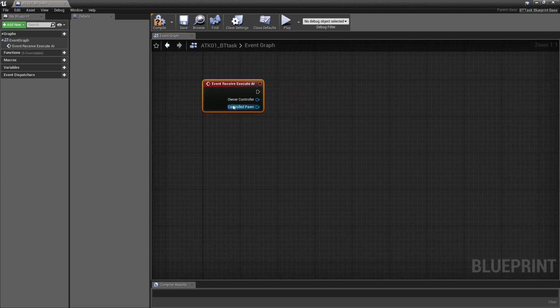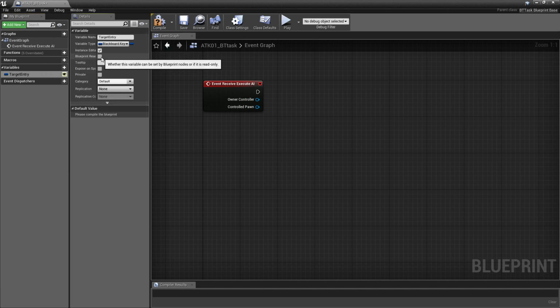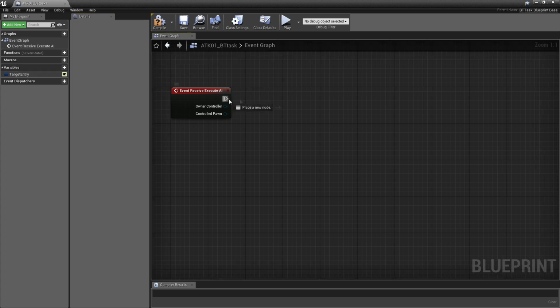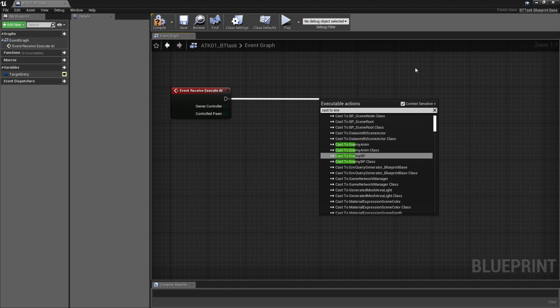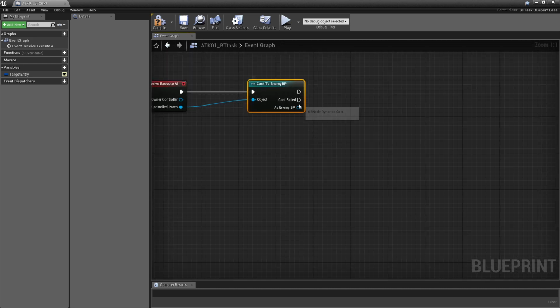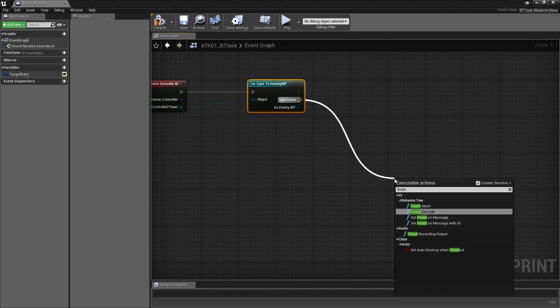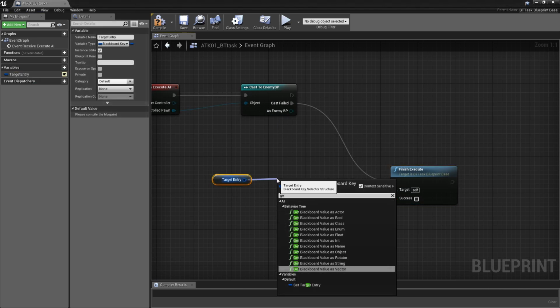can receive Execute AI, and we're going to create a variable which is going to be the target entry, and this can be a blackboard key selector. Make it editable. So from the Receive Execute AI, we can cast to the enemy blueprint. The object is gonna be this controlled pawn, and of course if the cast fails, we're just gonna go ahead and finish the execute of the task. But if it's not failing, we can get the target entry, get the blackboard value as actor,